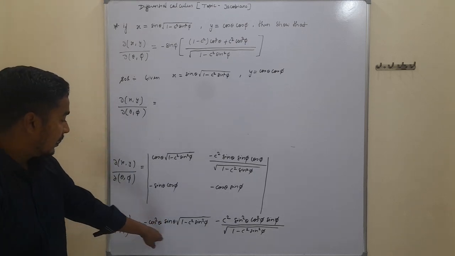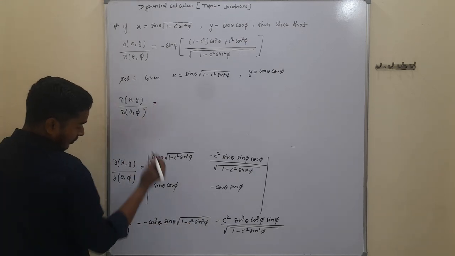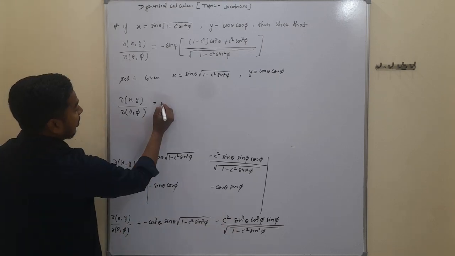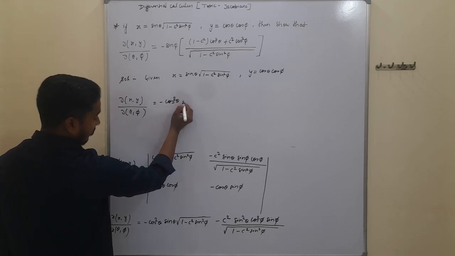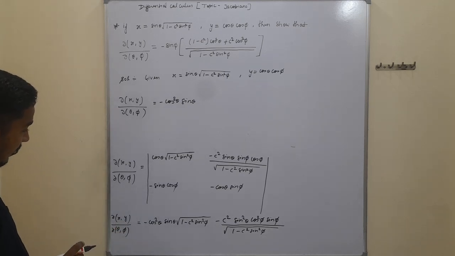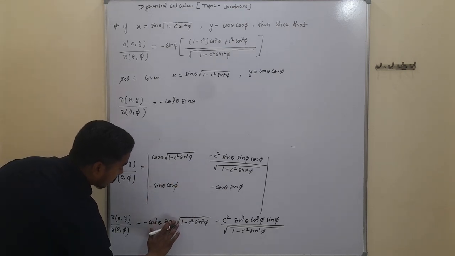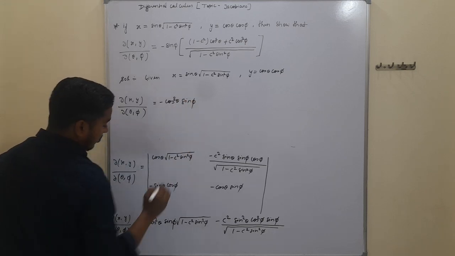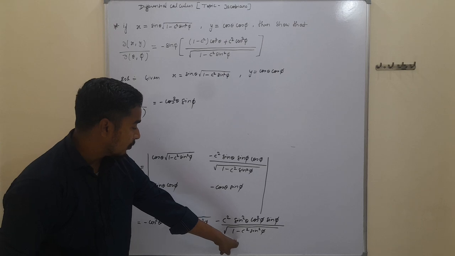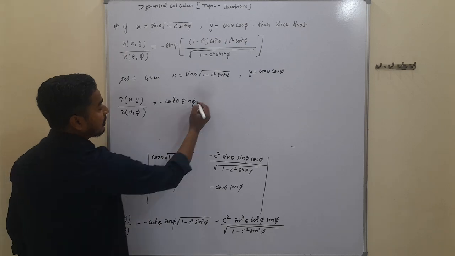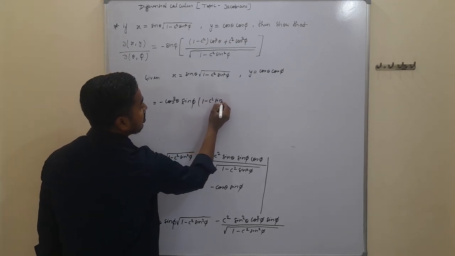Taking LCM, this gives on multiplication with under root of 1 minus c square sin square phi, minus cos square theta, and here is sin phi, sorry, a writing mistake, this is sin phi, this is sin phi, and we multiply under root of 1 minus c square sin square phi with under root of 1 minus c square sin square phi, this gives 1 minus c square sin square phi,